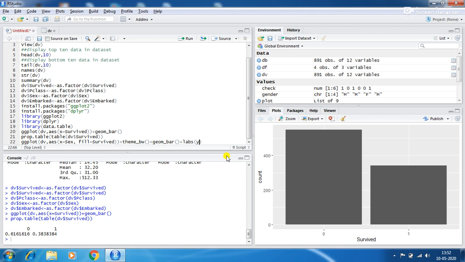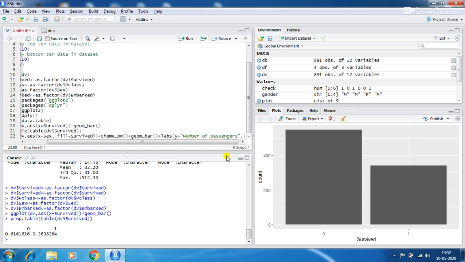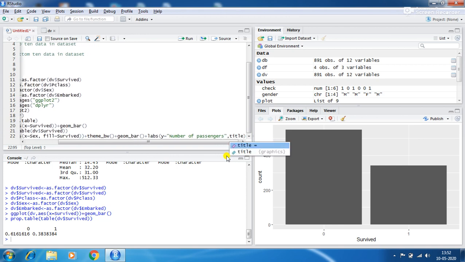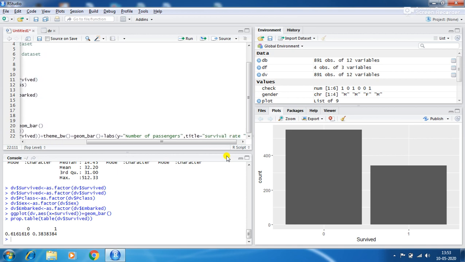So we have to specify the labels in the graph, that is labs y, denoting the y axis, number of passengers, comma, and the title of the figure is survival rate by gender.